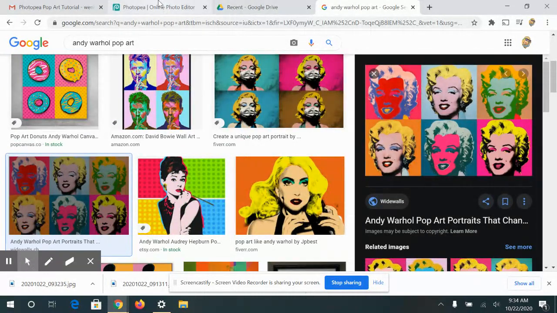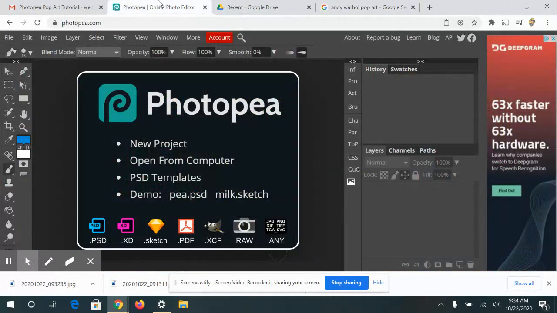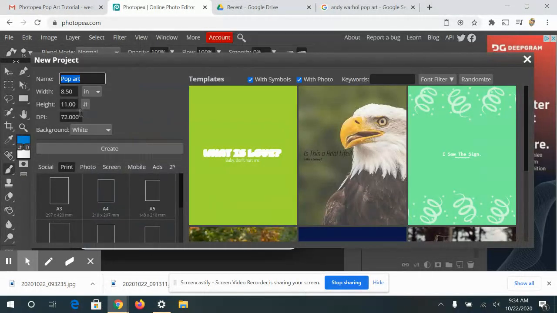Okay, so what we're going to do is after I've taken my image, my photograph, I have it saved to my computer. I'm going to go ahead and go to Photopea and create a new project. I'm going to name it Pop Art. And I'm going to size it 8.5 by 11, and my DPI is going to be 72. If your computer can handle something higher than 72, like 300 DPI, then please, by all means, go ahead and